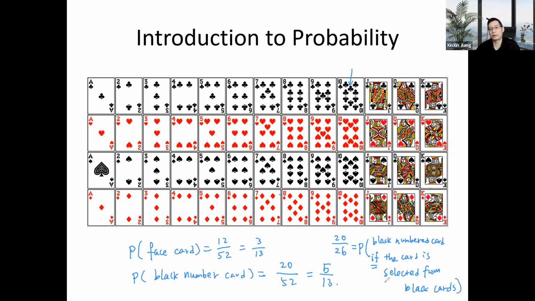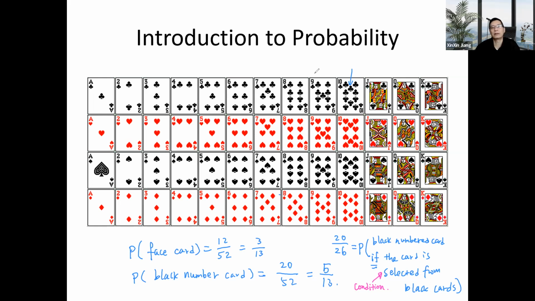There's an if here, this is a condition. So it's called a conditional probability. That will be discussed slightly later, the next class. So this is the condition, the given information.